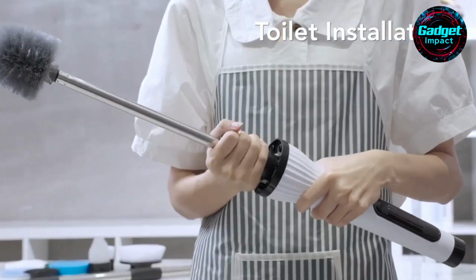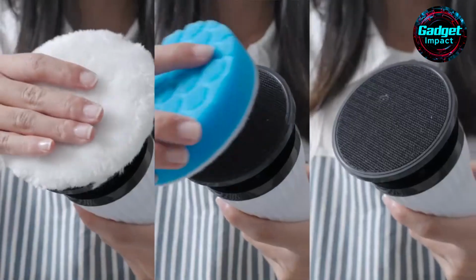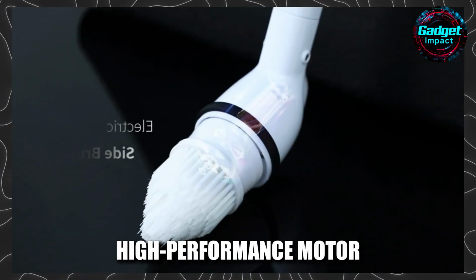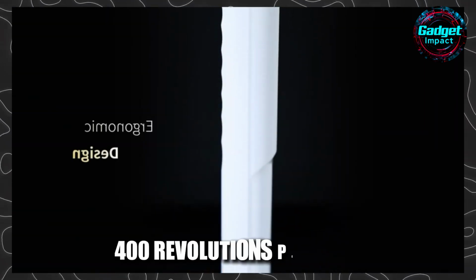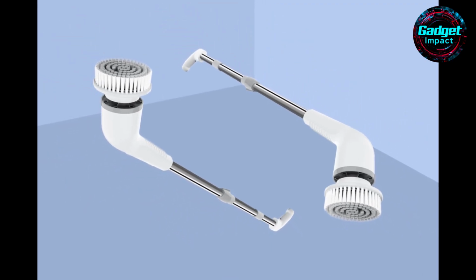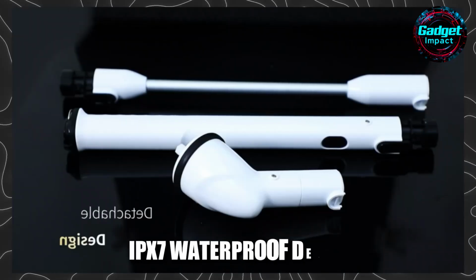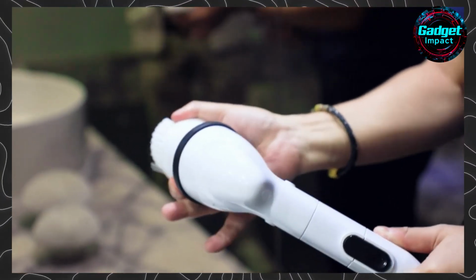Its adjustable length ranges from 12 to 54 inches, allowing you to clean hard-to-reach areas without bending or kneeling. Equipped with a high-performance motor, the Leebein scrubber offers 2 speeds of 300 revolutions per minute and 400 revolutions per minute, and is powered by a rechargeable battery, providing up to 90 minutes of use after just 3 hours of charging. The IPX7 waterproof design ensures durability, and the Type-C fast charging technology and battery level display add to its